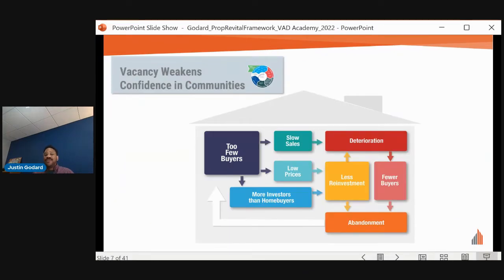Once VAD properties emerge, their presence can cause consumers to lose faith in a community's trajectory and trigger problematic behaviors. Homeowners may start to neglect maintenance obligations to a property. Property taxes might become delinquent and missed mortgage payments may occur. There's often an increase in speculative buying by outside investors hoping to profit from a future market rebound or just extract any remaining value before walking away themselves. These behaviors ultimately create more deteriorated, absentee-owned REO and abandoned properties and really further entrench the vicious cycle of weak demand.